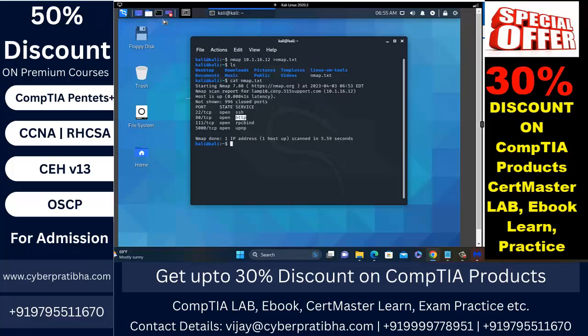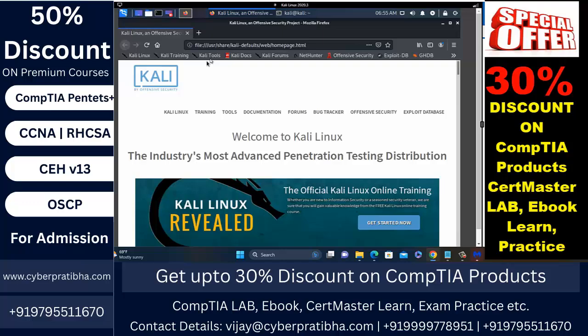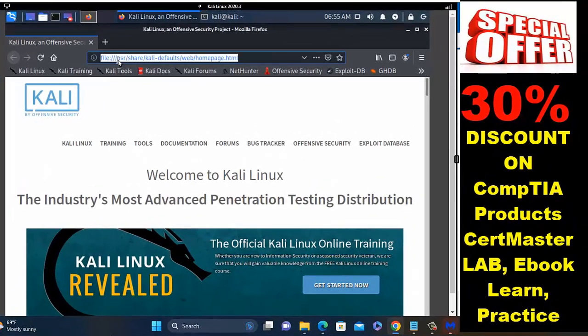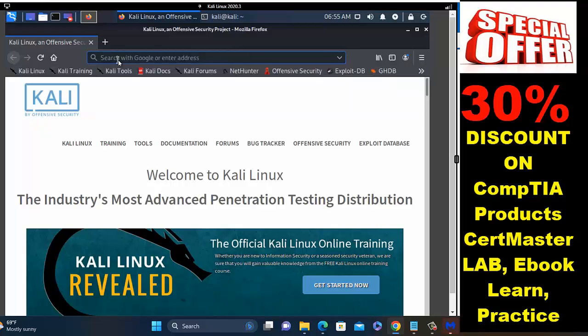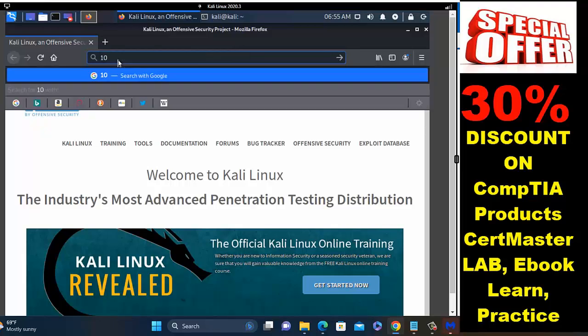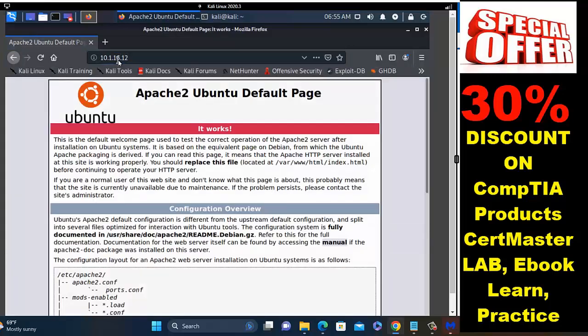Open Firefox and access this IP address from the browser, because if HTTP is running, there must be a website on the target machine. So let me check. Yes, it is the Apache test page.